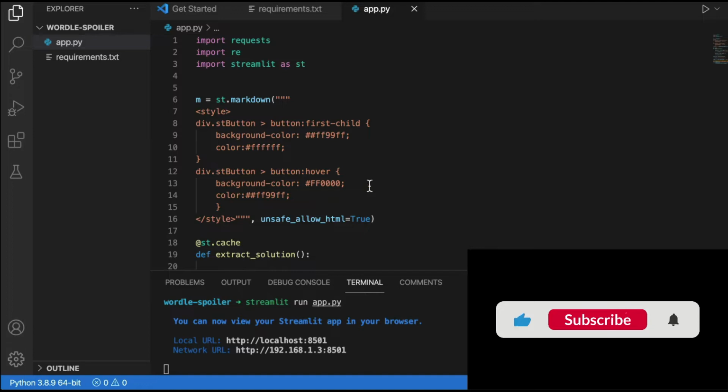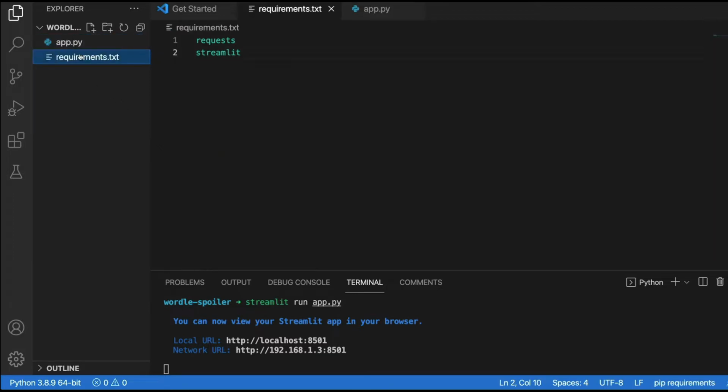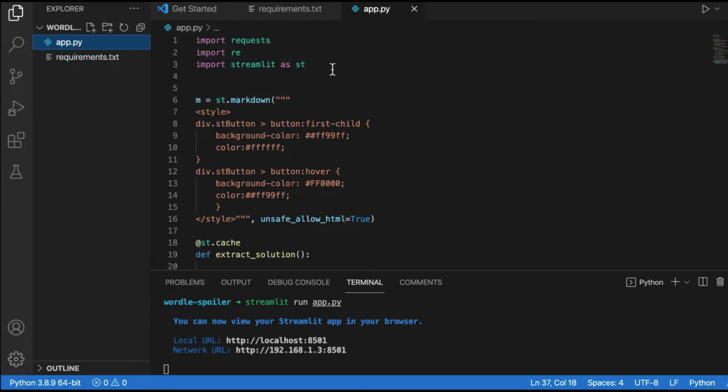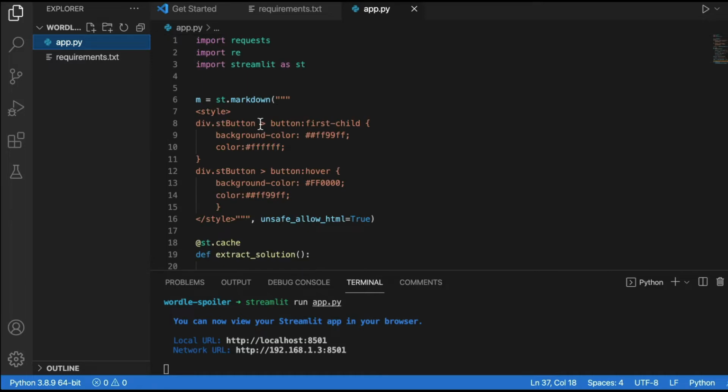And let's get started. As usual, my coding folder, the code base folder, has got two files. One is my app.py file, the second one is my requirements.txt file. We have got two packages in the requirements.txt: one is requests, the second is Streamlit. And if you see my core Python app file, it's not even 40 lines of Python code. So that's the whole pitch of Streamlit, how easy it makes it for you or any data scientist or machine learning engineer to develop a data application that can be deployed online.